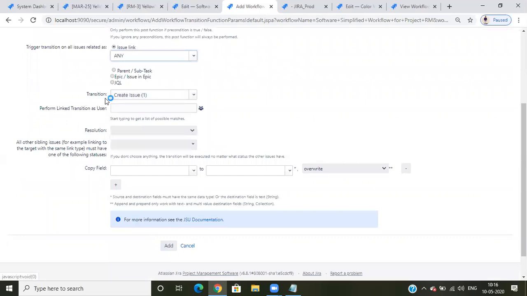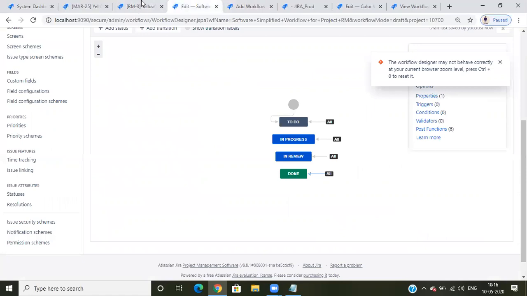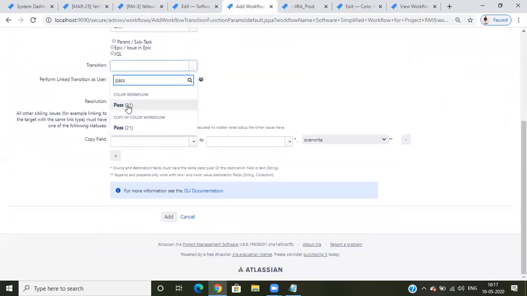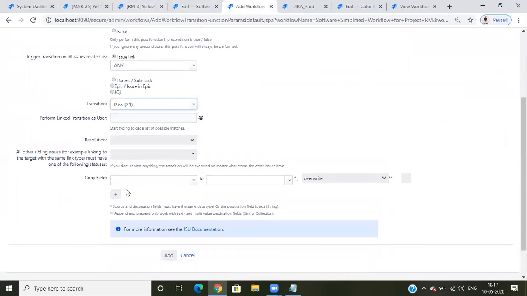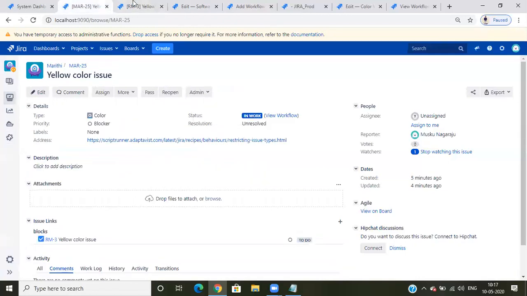And the transition status to pass, mine is it should be click on pass. So I'll select transition issue to pass. Pass color workflow and resolutions, I don't want to set any resolutions. So here it's asking one. So when I click on some done transition here, do I need to copy any information from here to here? So that is asking.